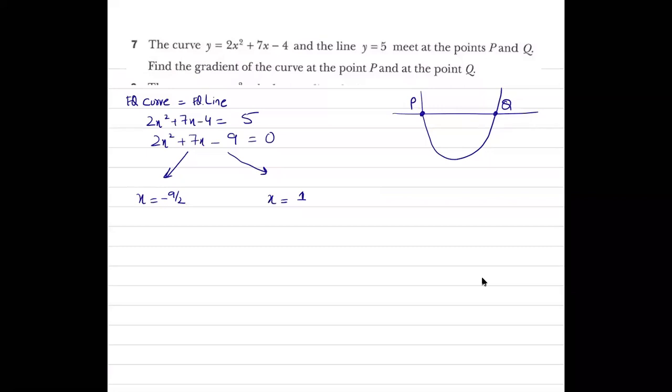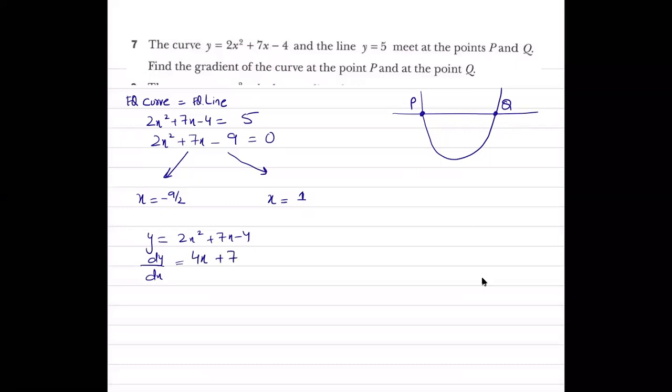It's already given. No, the y value is, yeah, you can say that. The y value is 5. Yes, good observation. So the y value is 5, but even if this would not have been given, I really don't need the value of the y coordinates for this question, because if I differentiate my curve, that is y equals 2x squared plus 7x minus 4, the gradient function is going to be a function of x, 4x plus 7.